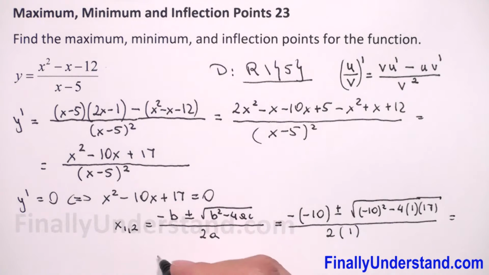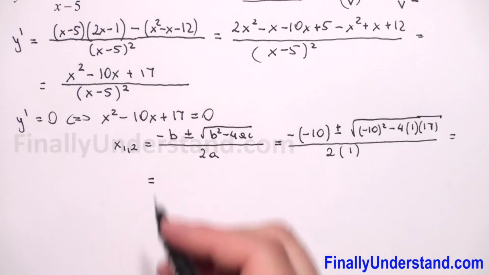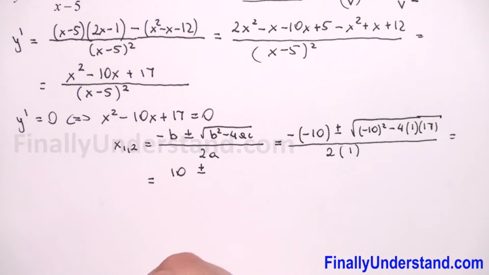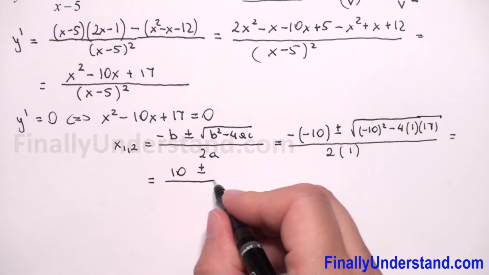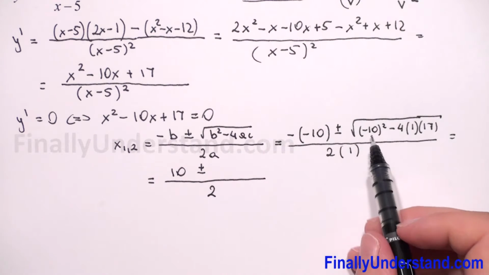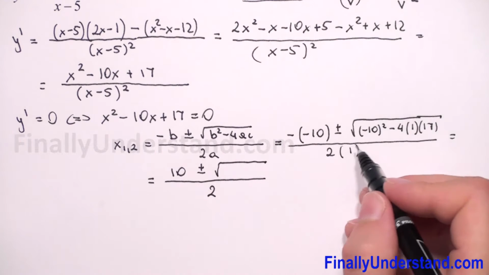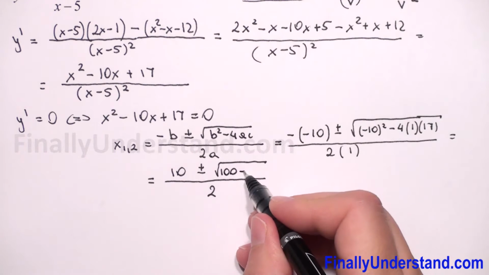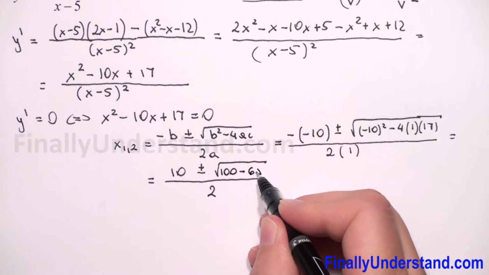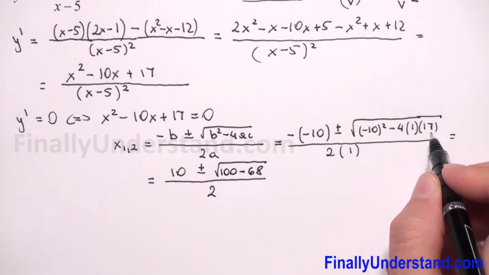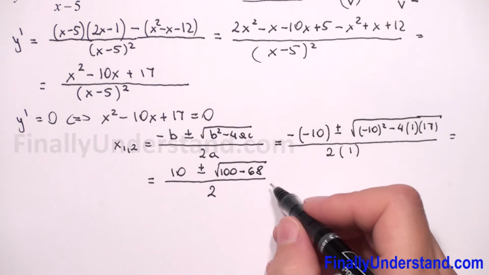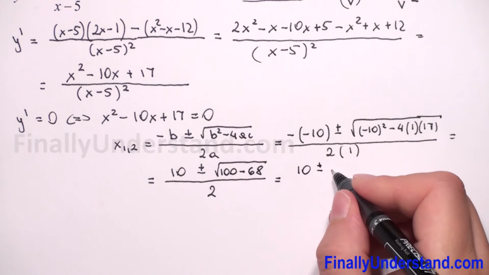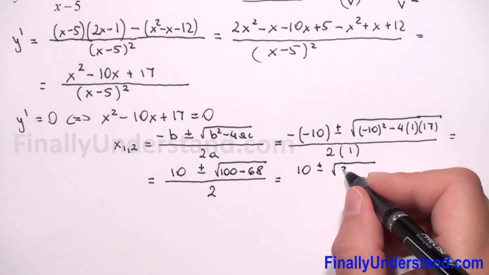So this is equal to, negative and negative give us positive 10 plus or minus, in the denominator we have 2, and the square root of negative 10 to the second power is 100 minus 68, because 4 times 17 is 68. So this is equal to 10 plus or minus the square root of 32